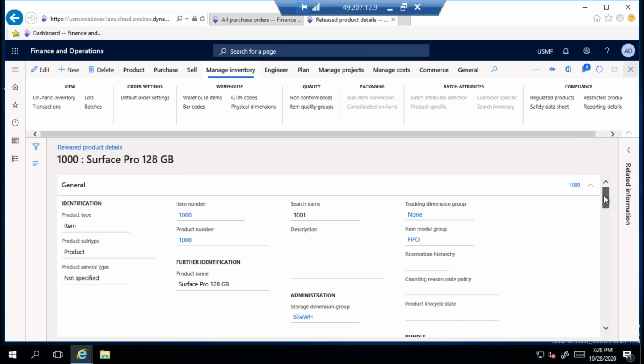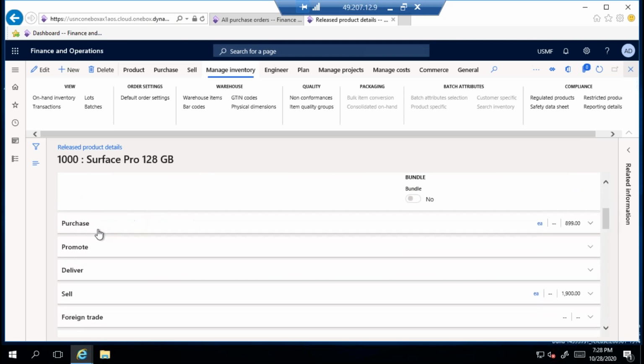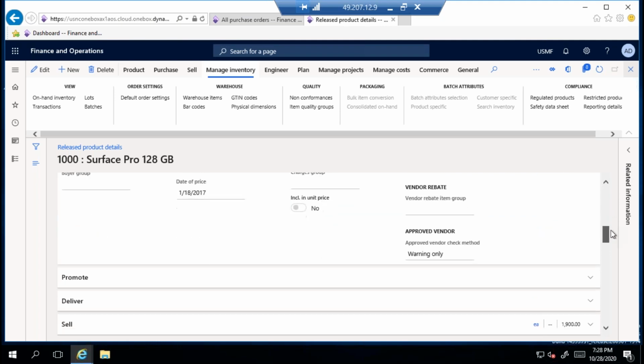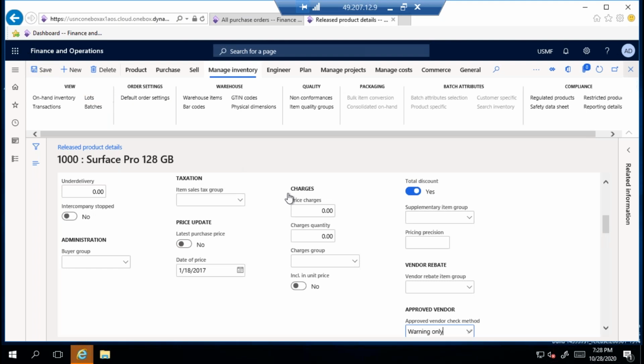In this Purchase fast tab, there is a warning available. I'm changing this warning to none. What is this warning? You will understand later. No check. So now I will not get any error messages or that warning message.